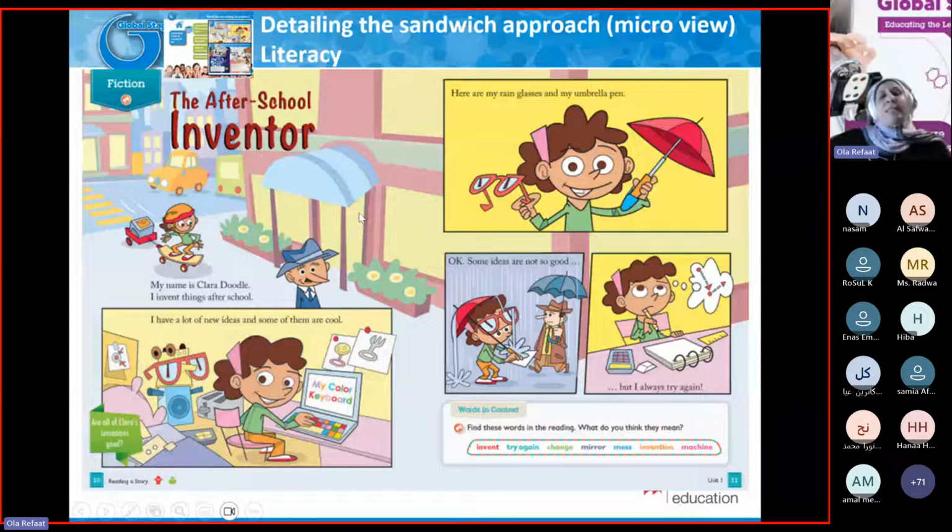So this text right here is about a young inventor who tries and tries and tries and gets some inventions wrong. It's a very fun text. It's a poem, and